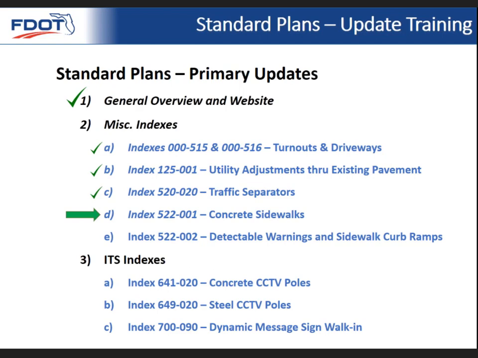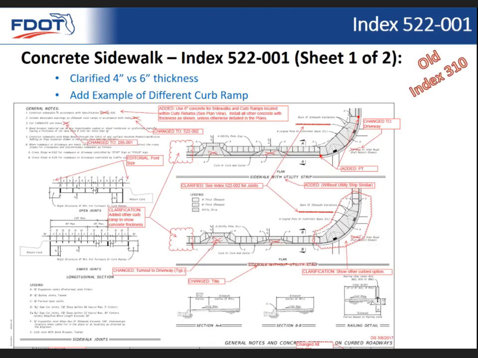Index 522.001 is concrete sidewalks. This was previously index 310, and we made a change last year to start requiring some areas other than the turnouts to require 6-inch concrete, and that was within the radial return at intersections, because we were still seeing a lot of damage to curb ramps and sidewalk in those areas when larger trucks would override the curb. So we made that change last year to make those areas 6-inch, but we were still getting some